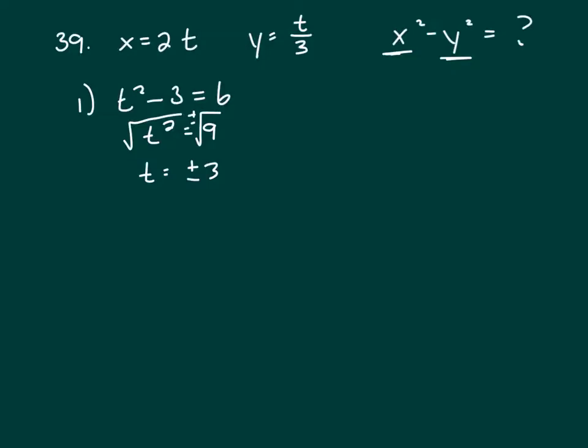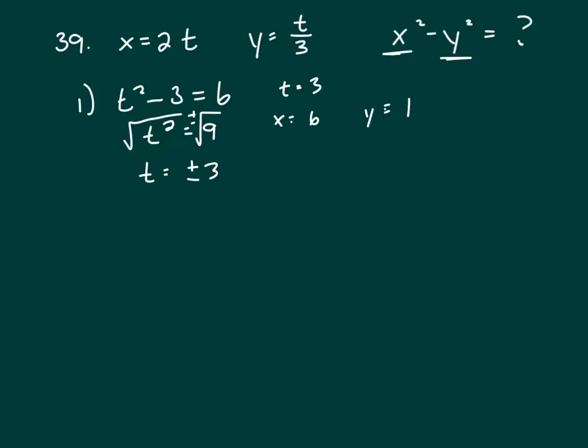for y. If you let t be negative 3, let me write that down just to make sure, as I know right now it works, so I wouldn't normally show this work, but if I let t be 3, I get x equal 2 times 3 is 6, and I get y equals 3 over 3, which is 1. So when you plug in x and y, 6 and 1, you get 36 minus 1, which is going to